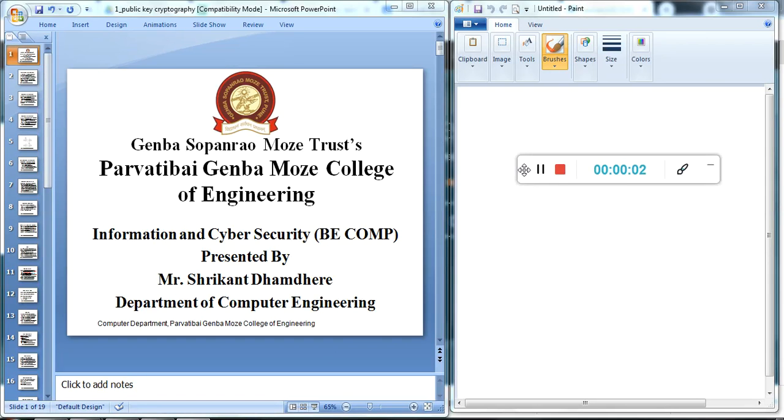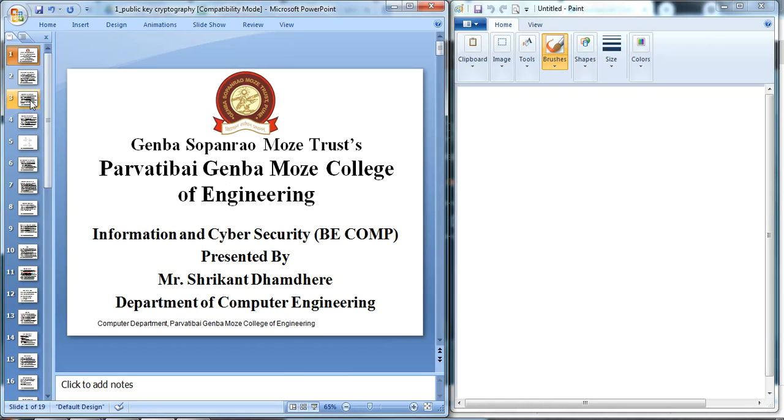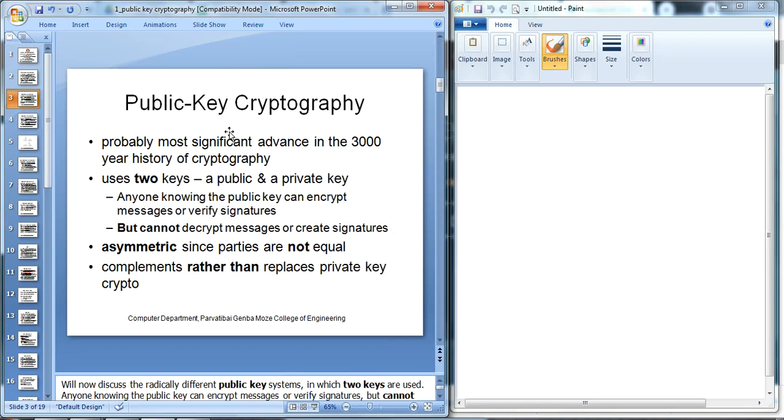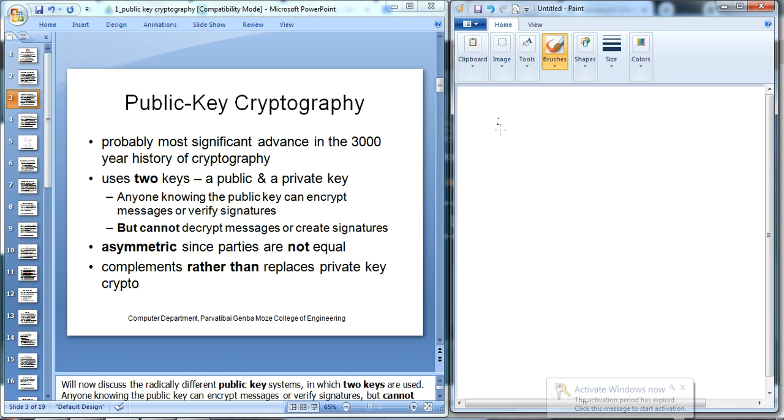Hello everyone. We will understand public key cryptography under information and cybersecurity. What does public key cryptography mean, and how exactly does it work? It's also called asymmetric key cryptography. Under public key cryptography, it uses two keys. That is unlike symmetric